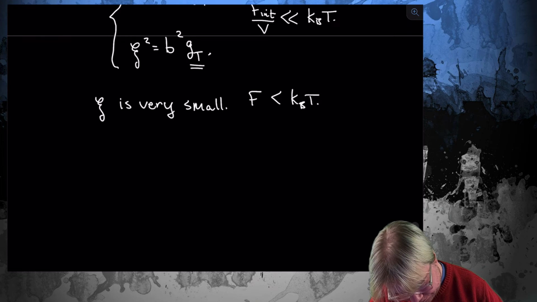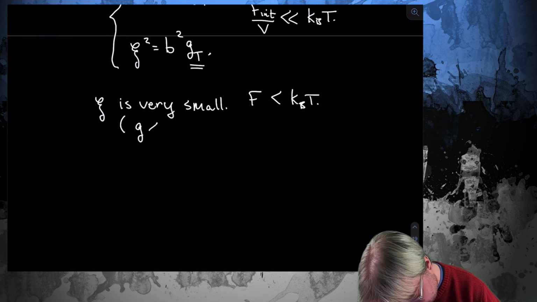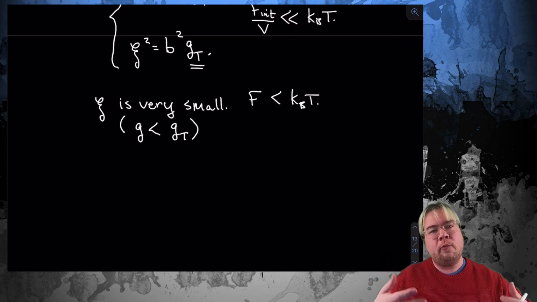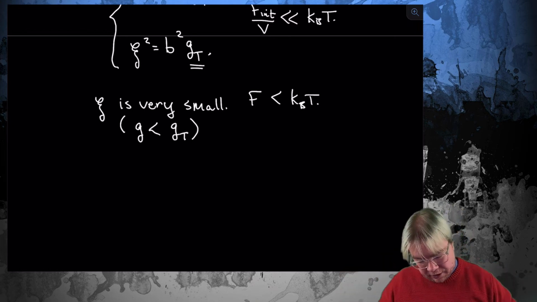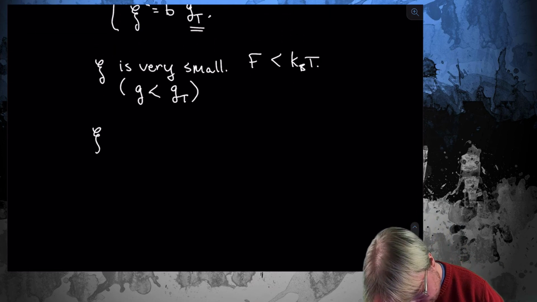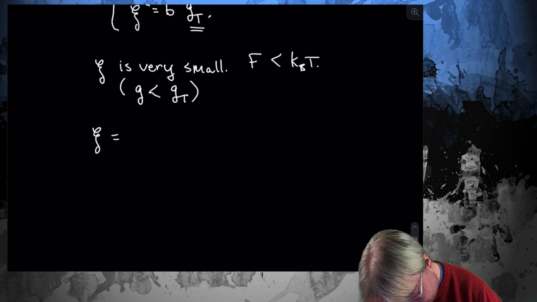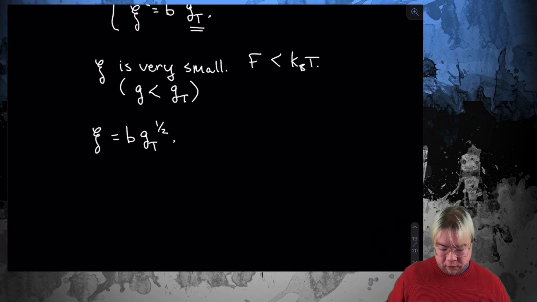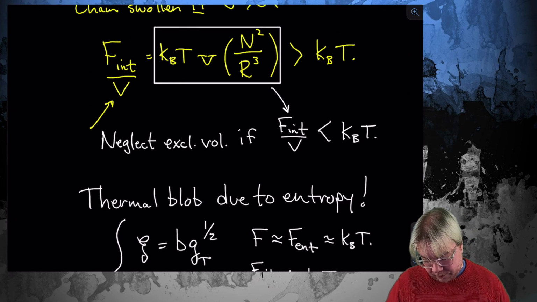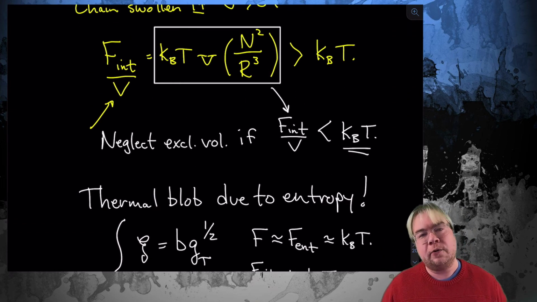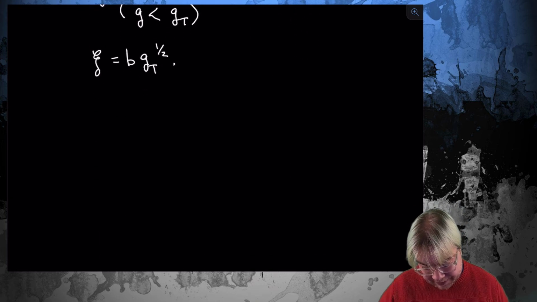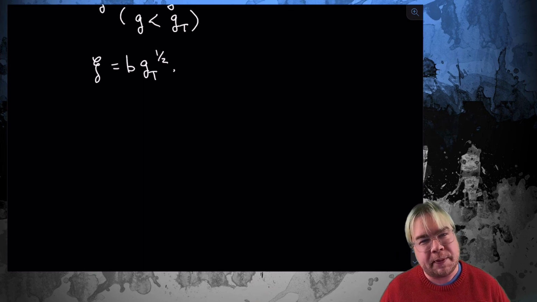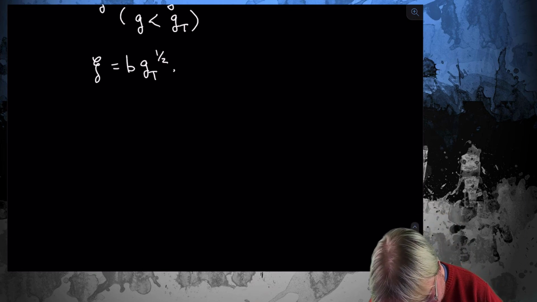So this would mean that G would be less than GT. So I add more and more monomers to my blob. I bulk it up more and more and more. And eventually I reach the size of the thermal blob where I get this. Remember, I only have a thermal blob if the interaction term is going to be less than kBT. So what does this mean? This means that at the thermal blob size, the interactions just become important. So just when